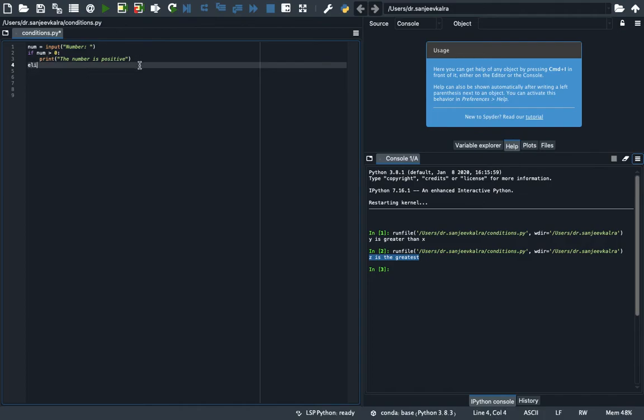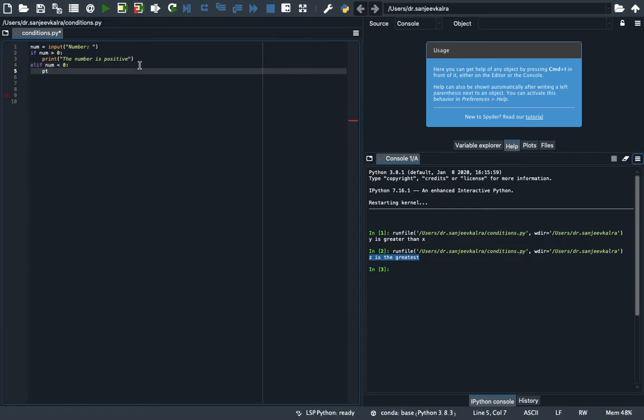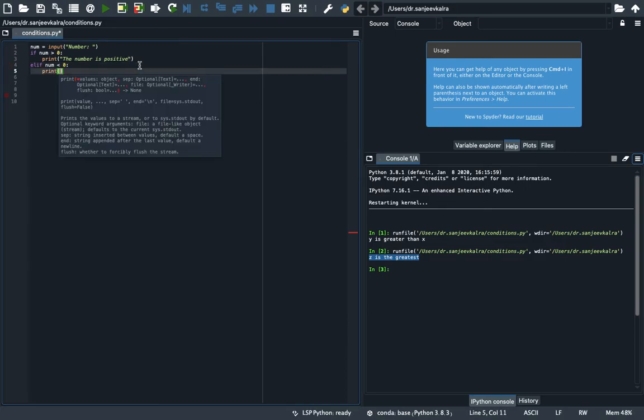So, and elif, sorry, elif the number is smaller than 0, then we will print that the number is negative.